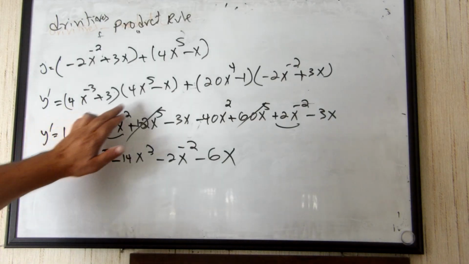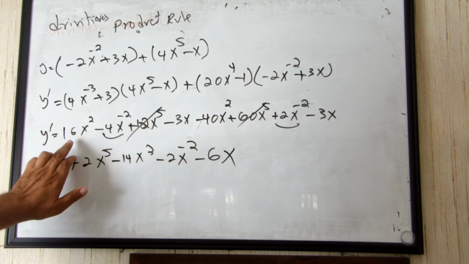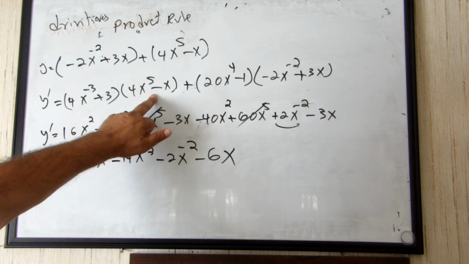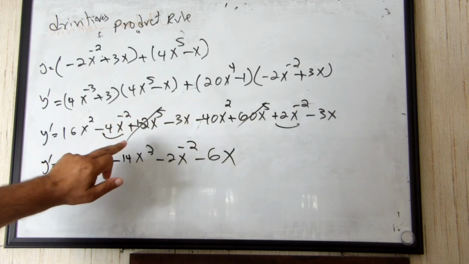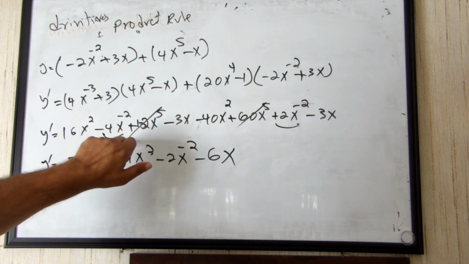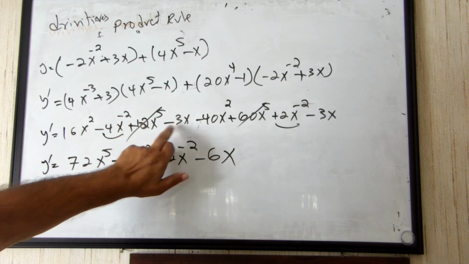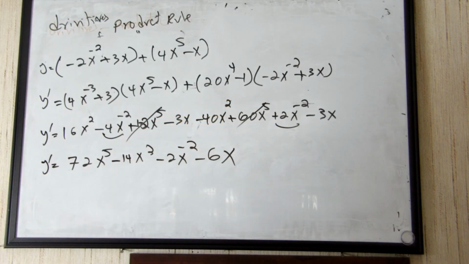And then we multiply this one, 16x to the power of 2, 4x times x minus x is going to be minus 4x to the power of minus 2, and then 12x to the 5 minus 3x, and then the rest, minus 40x to the power of plus 2 plus